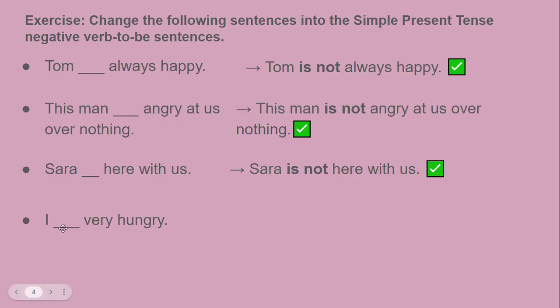I, space, very hungry. So you've got the subject here, I. Okay, so for the subject I, we use am, the verb to be am, but it should be negative by using not. So the correct sentence then should be, I am not very hungry. Next up,